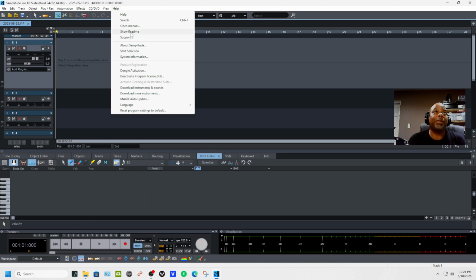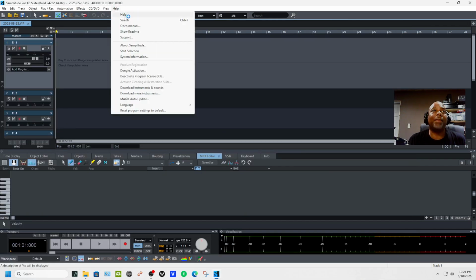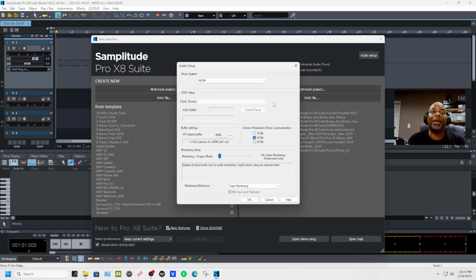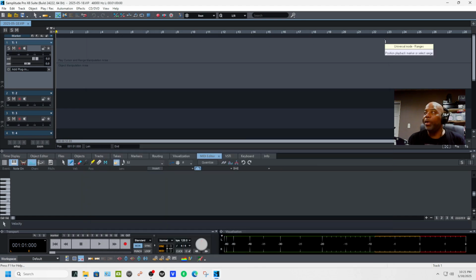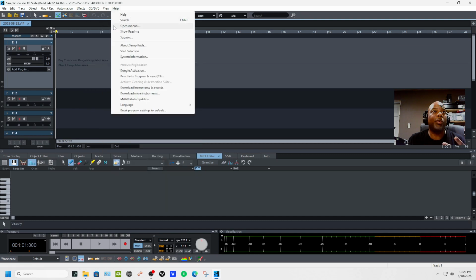What is it? Click the help, and it opens up. Let's get rid of that one. That's the manual, or the open manual there. Start section. Start section. I just showed you. Start section. Audio setup. We go on this one. Let's try to get some sound, right? I know the sound is not going to come through the speakers because I got it routed different, right? Maybe yes or no. What you want to also do,